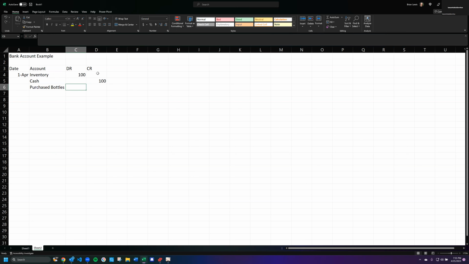Now, the reason why it's a credit is because it decreases the cash account. And the reason why this one's a debit is because it increases the inventory account. You'll get into this a little bit more as you proceed, but this is a basic journal entry for purchasing bottles. We'll put this in italics just to make sure it's clear this is a description. And then over here, we'll have something like a bank account. Let's call this a T account. It's a visualization of